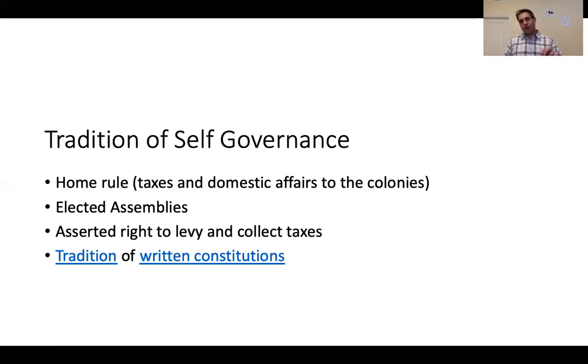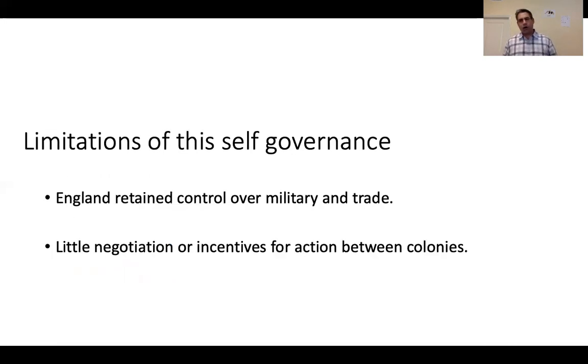So they have an early tradition of writing down constitutional government and an early tradition of some autonomy and self-determination in who represents them and how they consent to be taxed and make collective decisions. Now, although there was a tradition of home rule in this plural early America, there were some important limits to